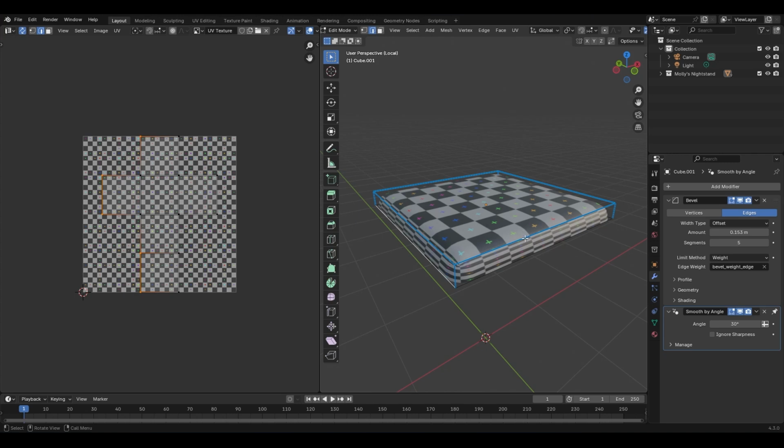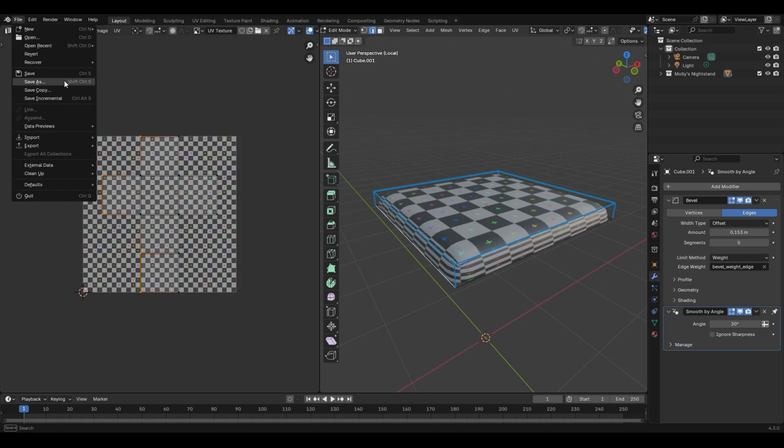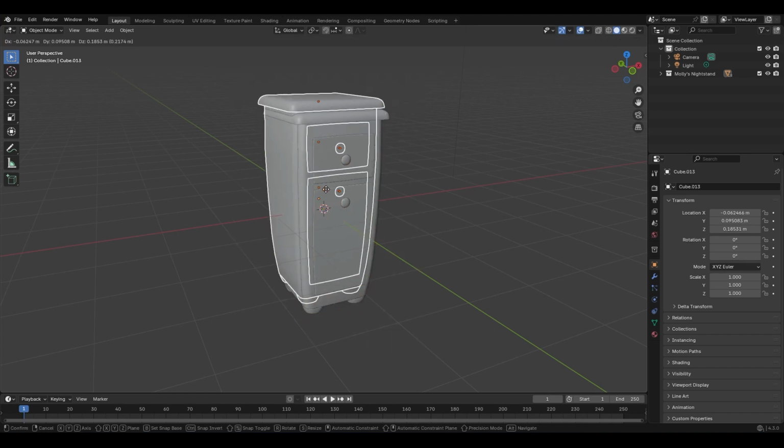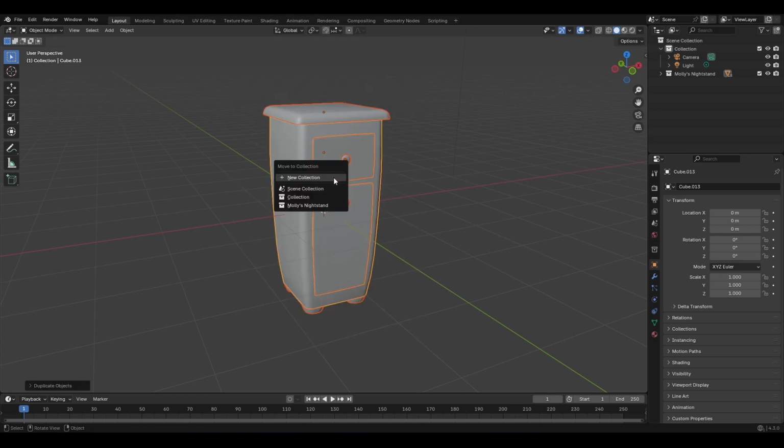The first solution is to save the scene right here at this stage. Then do a save as and start working on the new save file. This way, you can safely apply the modifiers, and the original model with all the modifiers will stay secure in the previous save file. The second solution is to duplicate all your objects by pressing Shift D, then press M